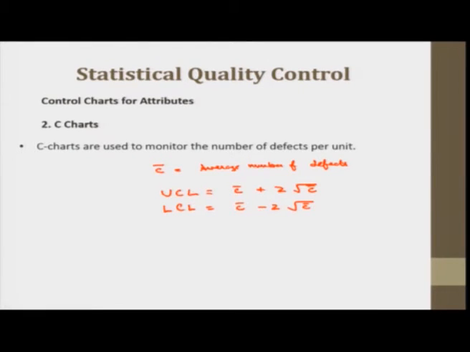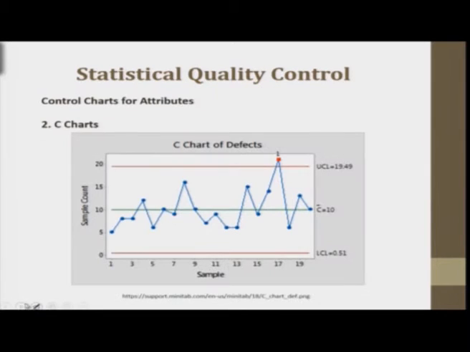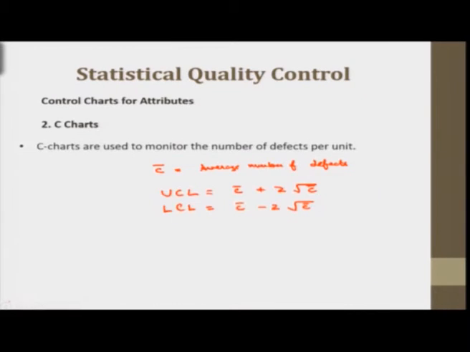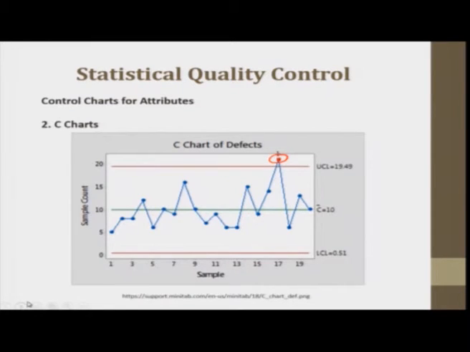So one of the C charts is plotted here. It is just showing that one of the values is not in control. It is just the number of defects. So C bar is the value that works as a center line. Also this works as our center line. Center line is equal to this value. And upper control limit and lower control limit are there.